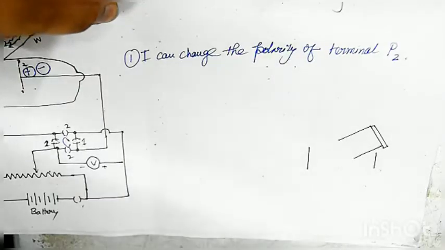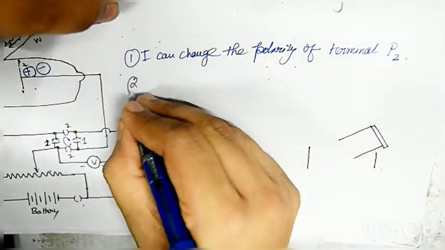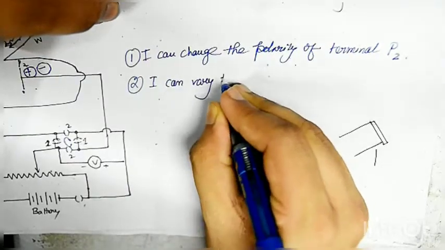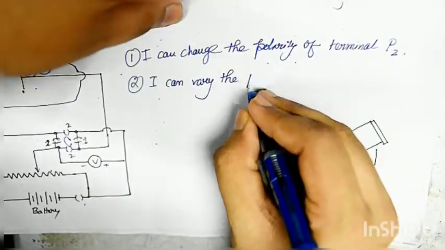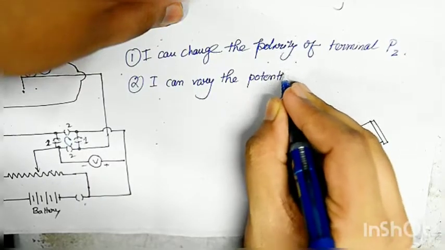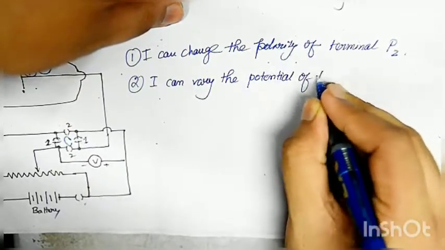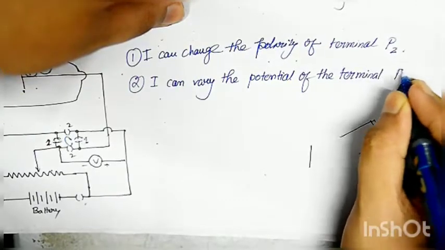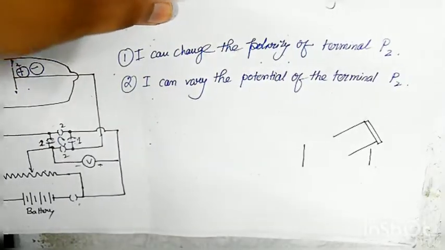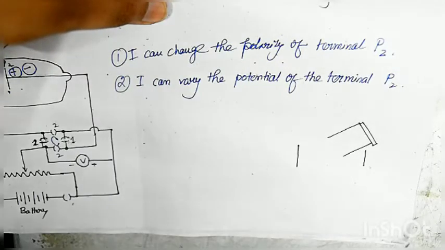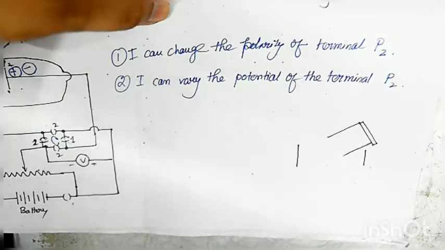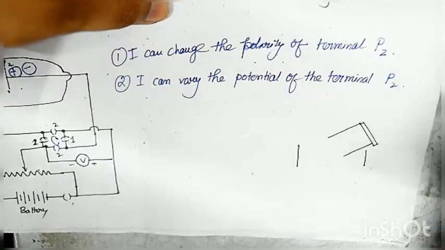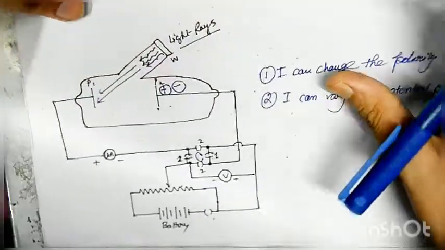Clear? Second option means I can change the potential, means I can make the voltage higher or lower, means 5 volt, 10 volt, 15 volt, whatever is desired, I can give this value. Now one more thing is that this quartz